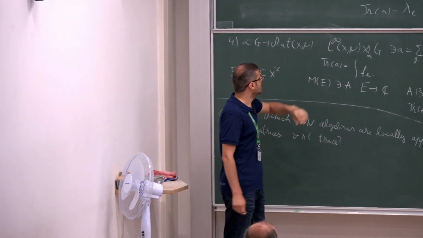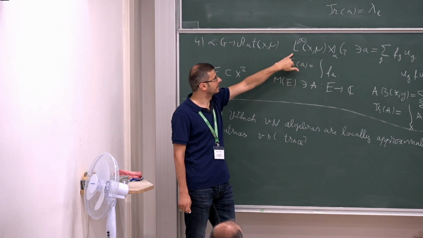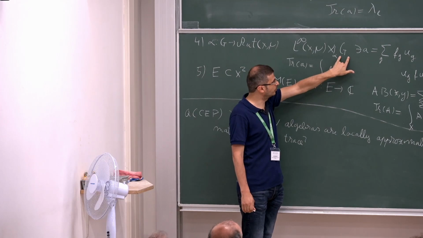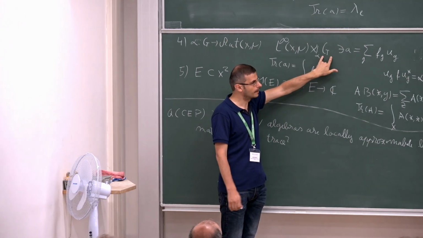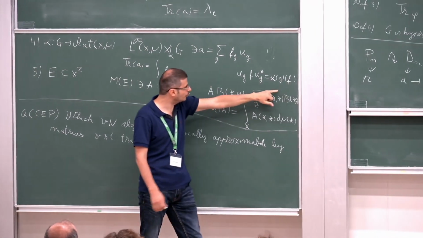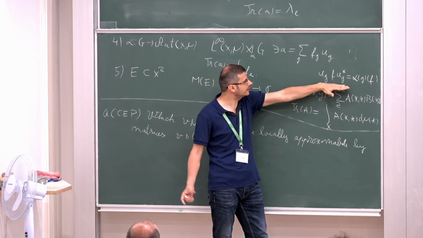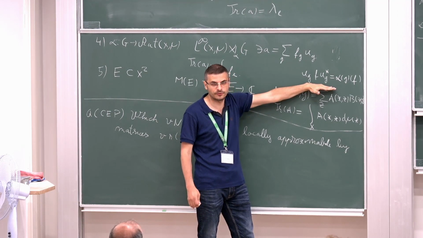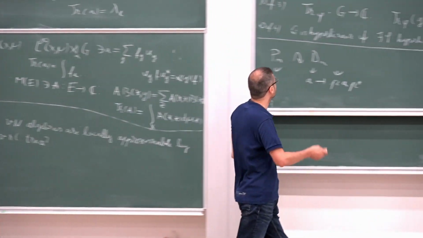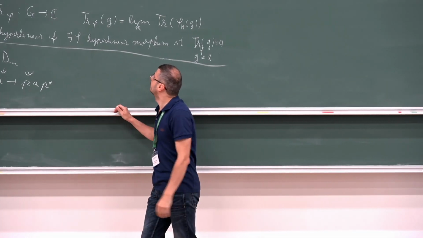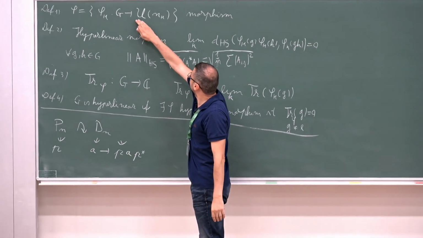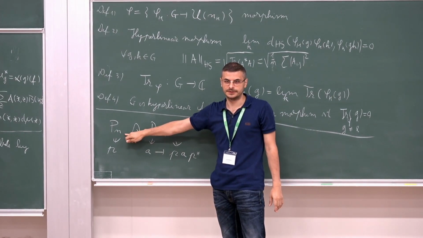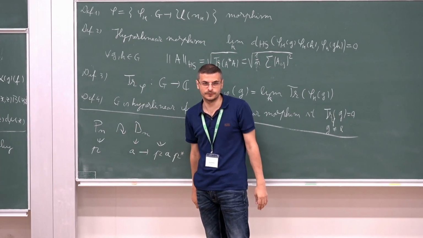So it's tempting to say, let's use only diagonal matrices to approximate L infinity of X. We can do that. Let's use only permutation matrices when we approximate G. And then at least now, instead of ensuring the equality of two matrices, we have two diagonal matrices, and it's much easier to ensure this type of equality. So the question appears: if we have a hyperlinear group, meaning that it can be approximated this way using unitary matrices, can we approximate it using only permutation matrices? And this is open, this is the notion of soficity.